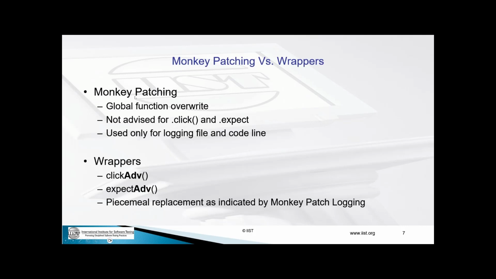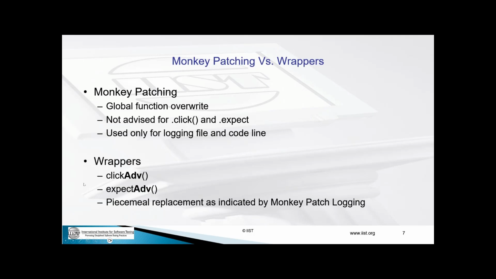However, I don't really recommend monkey patching for trying to globally replace any of the functionality that's built into your framework, whether it's Selenium or Playwright. Mostly because you're making changes on a global session and you really don't know what's out there. There's going to be a Bigfoot out there that's going to be a problem. So it's not advised for changing any of these, but I do advise it for logging the file location. So if you run a test, you can find exactly which clicks are being done, and then you can take a look at